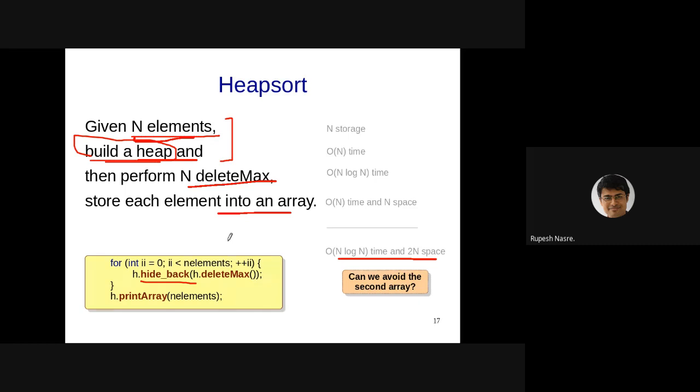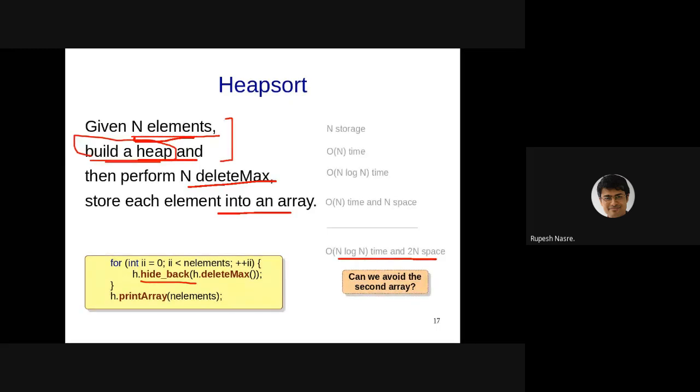Therefore, you can make use of the same array where you can hide the element towards the later part of the array, because you have looked at only i elements, so the n minus i elements can be somewhere else, meaning the later half of the array. That is essentially the hide back function, but there is nothing sacrosanct about it. You can use a separate array if you want.